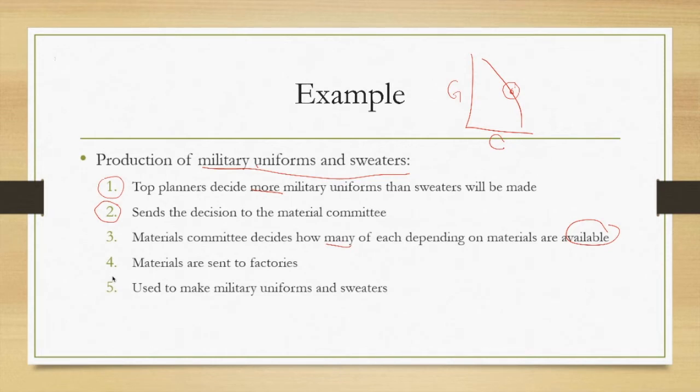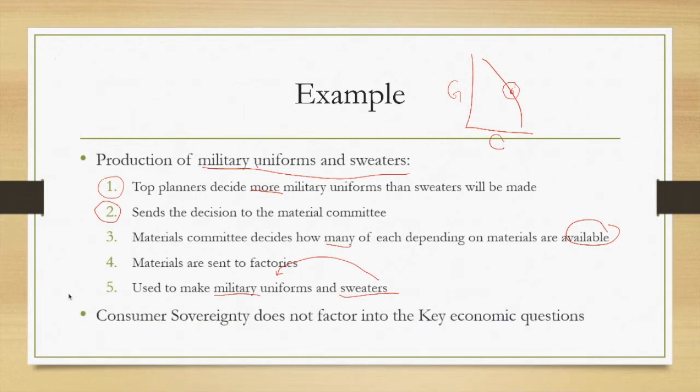And then it's sent to the factories, which are owned by the government, paid by government salaries or whatever. And then they make the military uniforms. And when it comes to who's going to get it, the military gets the uniforms. Sweaters could go to the store, but the government could also decide to give the sweaters to the military, underneath their uniforms or on top or just for their off days. But that's just it. The government decides. If you want a sweater, you don't get to decide if you get it. So in a free market, consumer sovereignty, the power of the consumer, really rules. But in a centrally planned economy, it's not a factor. It's not what drives it.